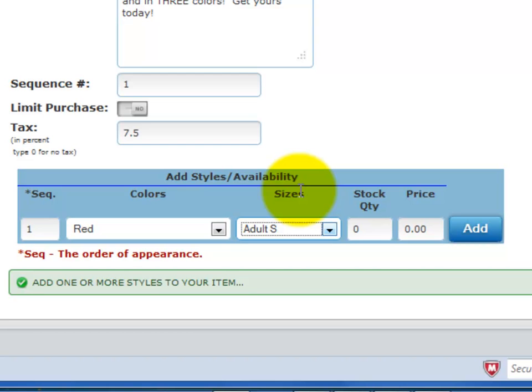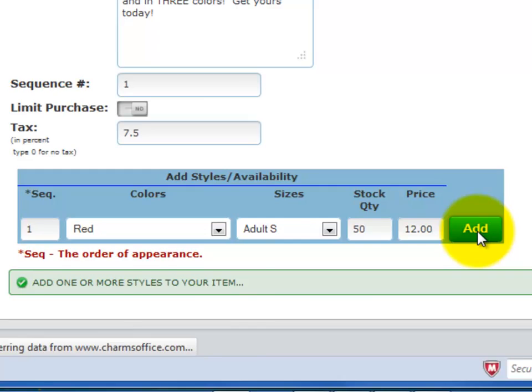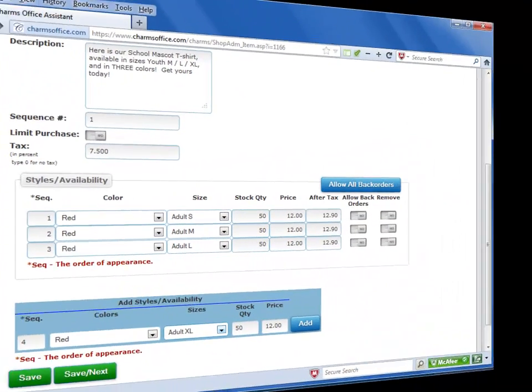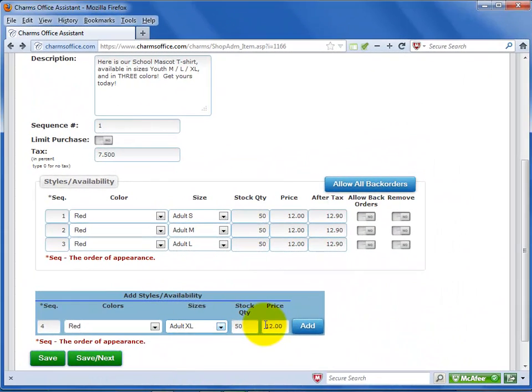If you don't have the color or size option you need, you'll need to return to the basic setup area to create them. Enter how many of this style you have in stock initially for inventory control. Enter the price for this style. Select Add. Repeat to add the remaining styles for this main item. Notice that after the first style is created, the stock quantity and the price autofill with the same values for the rest of the styles you create. If this information is different for any of your entries,